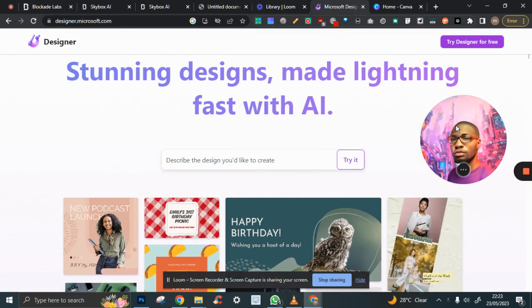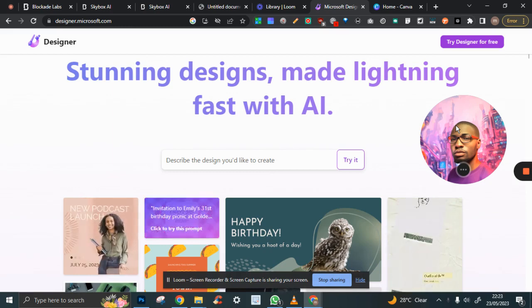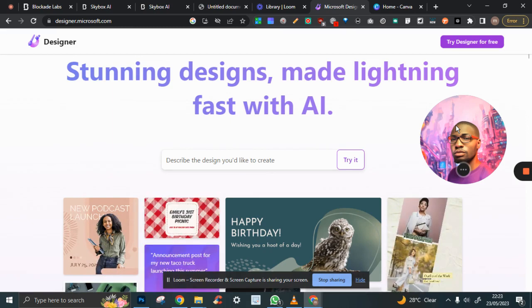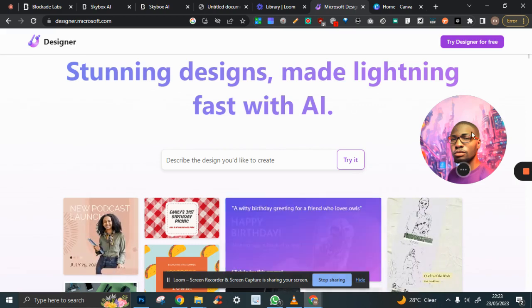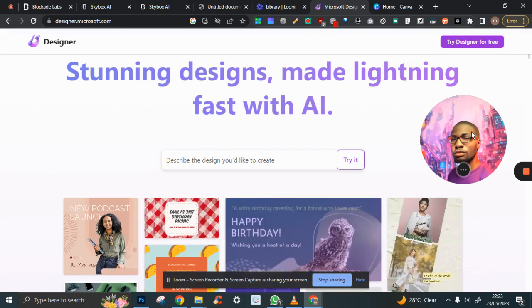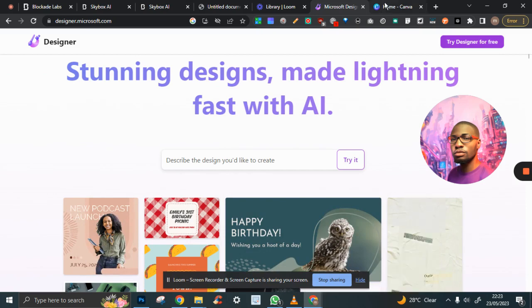So I've actually used both of them, and I think they are both cool. But for different reasons, one is better than the other in a different aspect. So that depends on what you're looking for. So we're going to take a look at each and every aspect of these tools and see how best they can be useful for every project we undertake. So let's take a look at